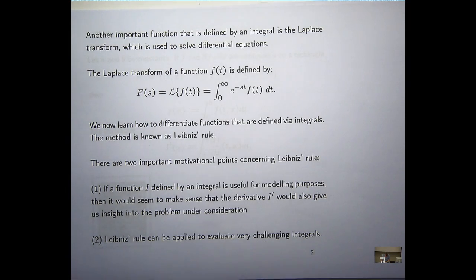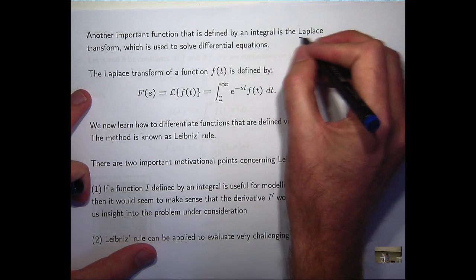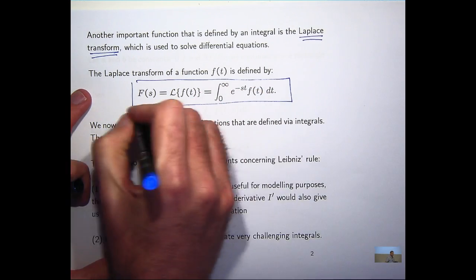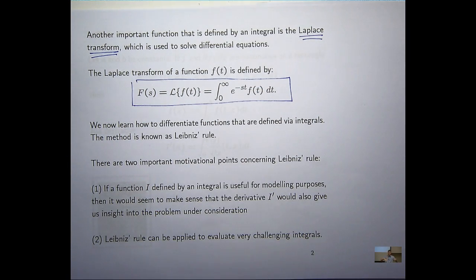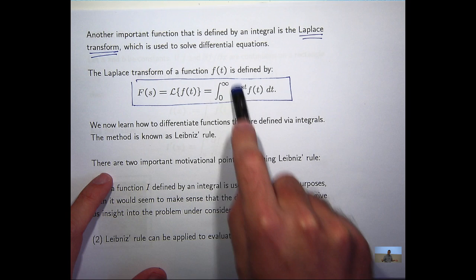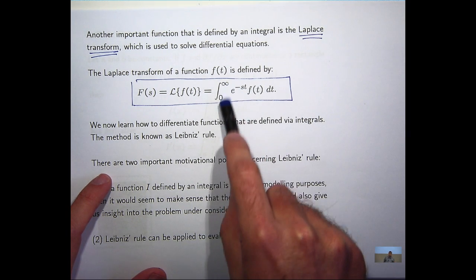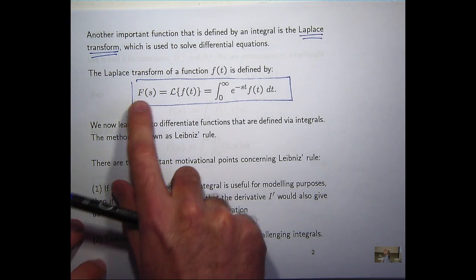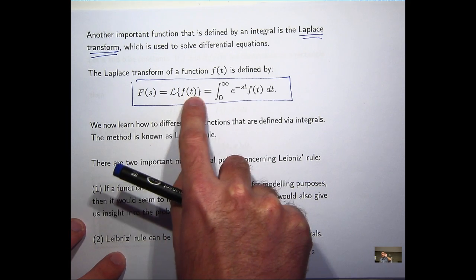Now, another important function defined by an integral is the so-called Laplace transform. So suppose I've got a function, little f of t, satisfying certain conditions. What the Laplace transform does is it takes your little f, it multiplies by this exponential function, and then you integrate over this half line with respect to t. Okay, so there's two kinds of notation, sort of this curly L of f of t and this big F